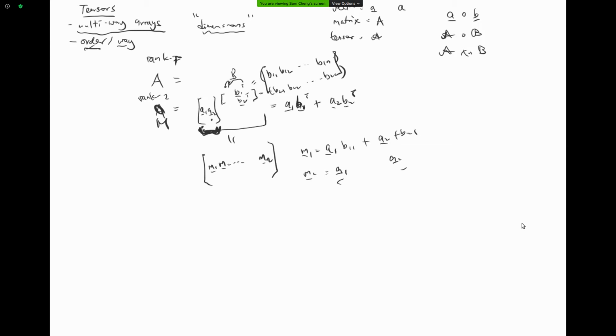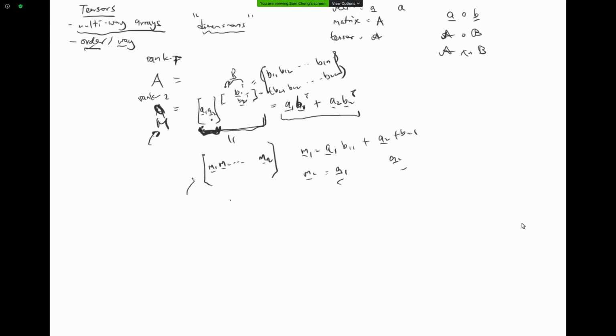Similarly, if I think of the rows of M here, each of the rows can be written as a linear combination of B1 and B2, and so the rank is also less than or equal to 2. And as I said, this can be rewritten in this form here, right?